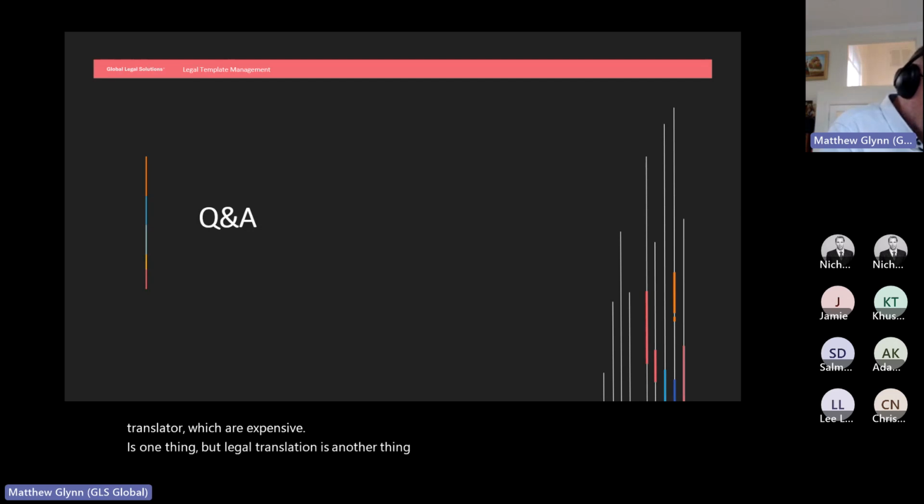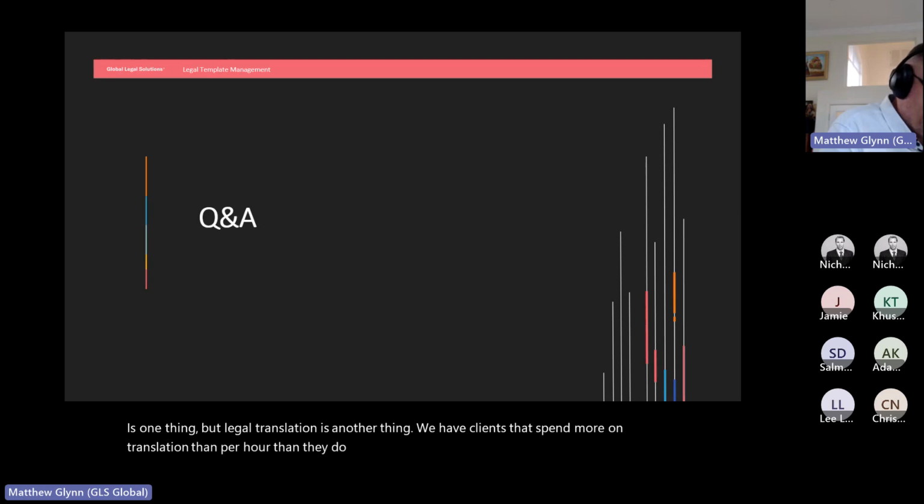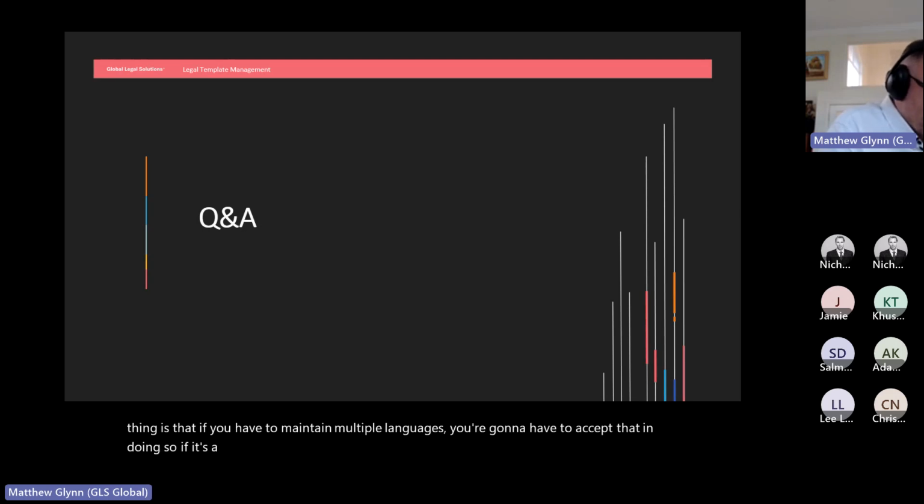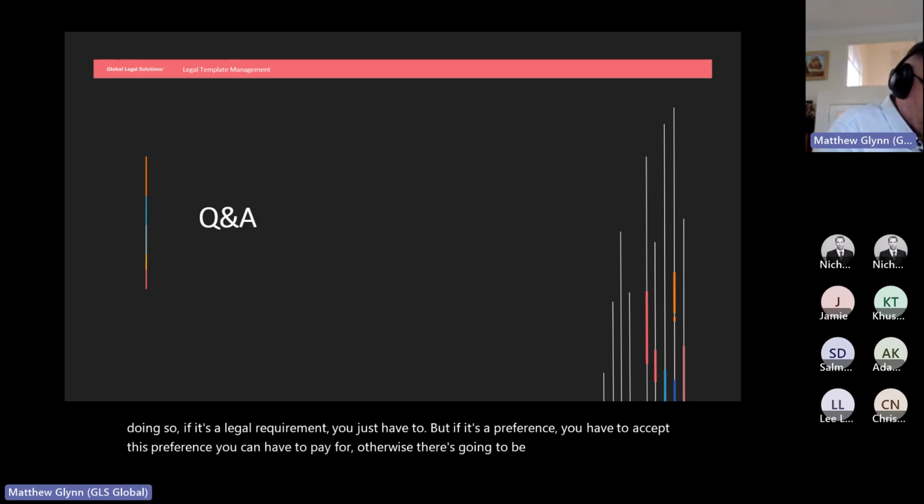We have clients that spend more on translation per hour than they do for actual accessing legal services. So I guess the key thing is that if you have to maintain multiple languages, you're going to have to accept that in doing so, if it's a legal requirement, well, you just have to. But if it's a preference, you have to accept it's a preference you're going to have to pay for. Otherwise, there's going to be real challenges.